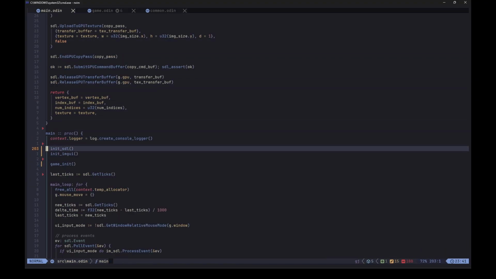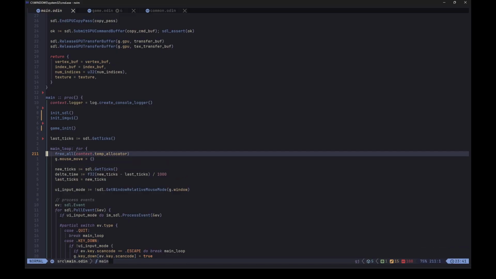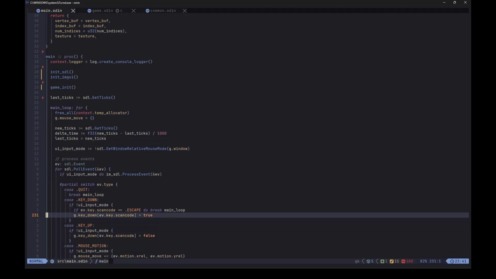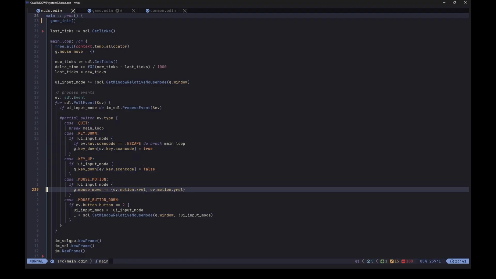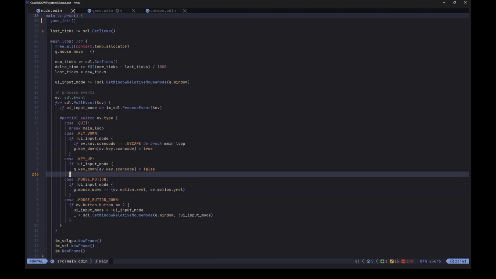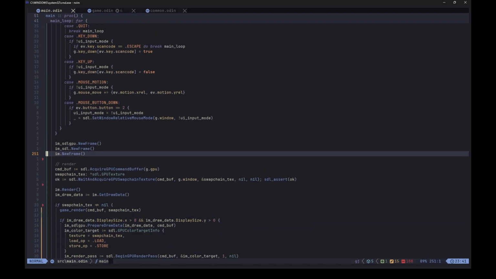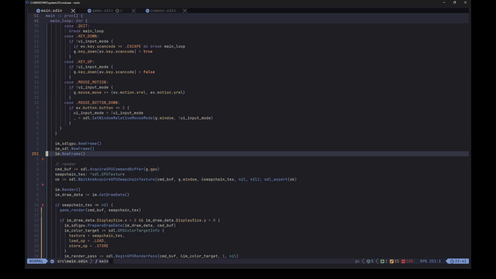Let's see, we initialize SDL, we initialize MGUI. Then we have a main loop, which clears the temp allocator. This seems to be kind of platform specific. And some basic input handling. Let's keep it like this for now, I would say. There's nothing too game specific about it, like the game can actually use this key down and mouse move, so that's fine. Then we have MGUI new frame handling, then we have the rendering, swap chain acquiring, but actually I